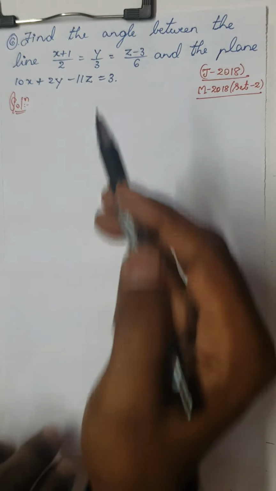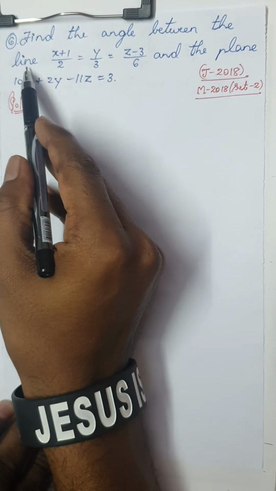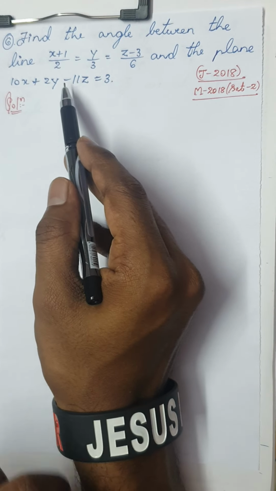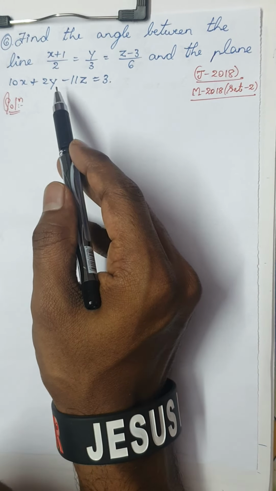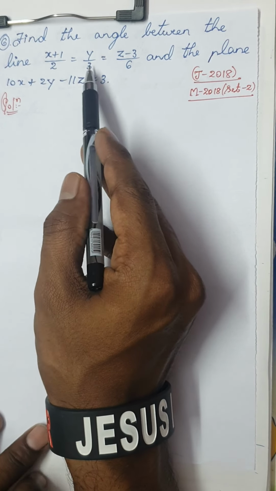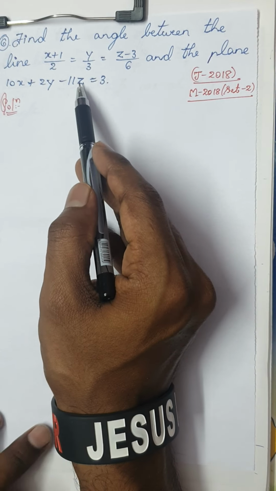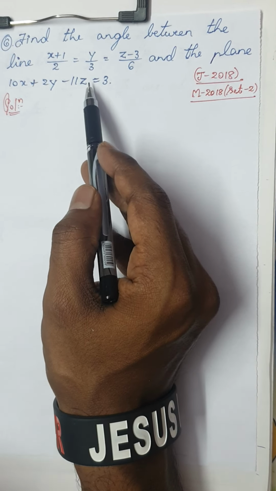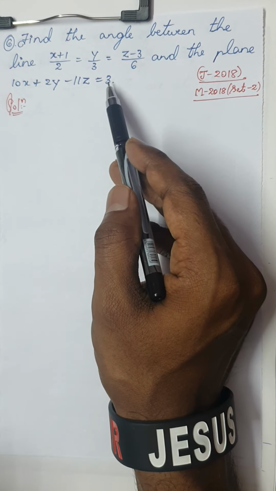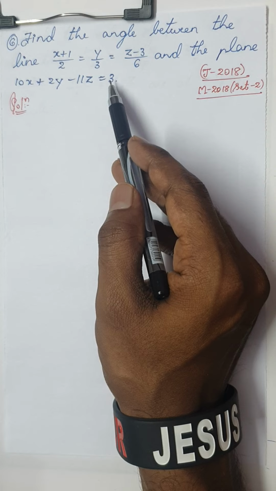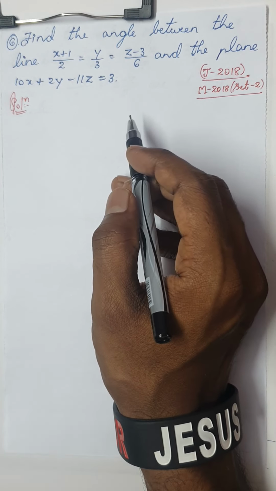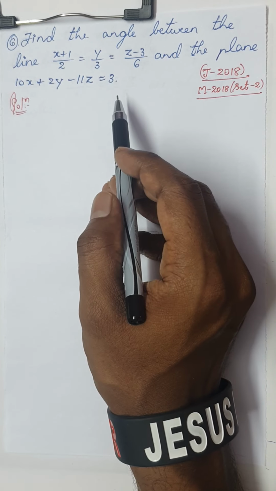Okay, dear students, moving on to the next question. Find the angle between the line and the plane. Okay, this is a special question. You know how to find the angle between two vectors, the angle between two lines, the angle between two planes. Now this is a special question. You have to find the angle between the line and the plane. Why? The reason is, here the angle between the line and the plane would be sine theta or sine phi, not cos theta. Is it clear? Please note down why. You can refer to the textbook.